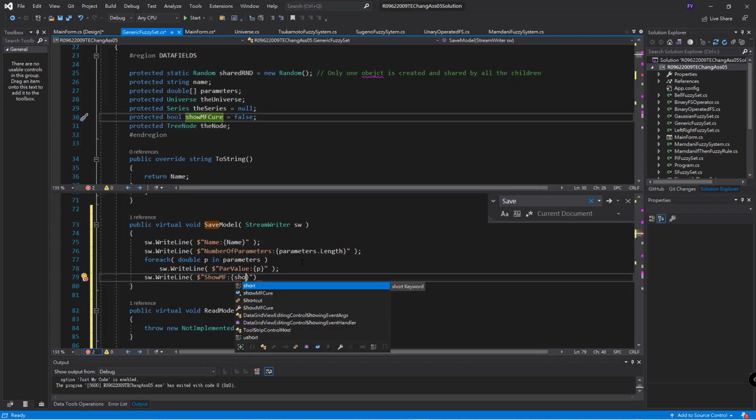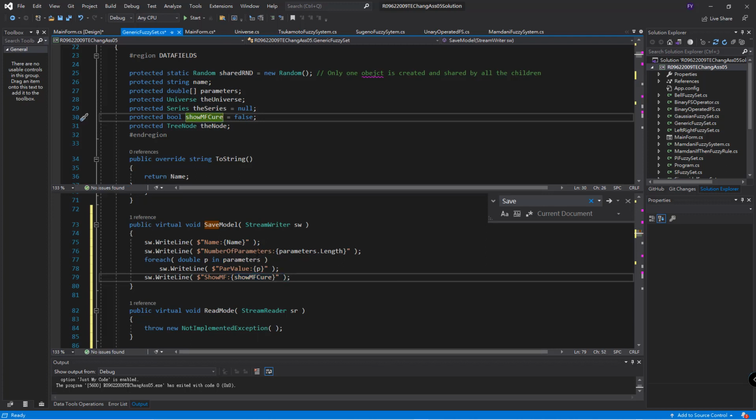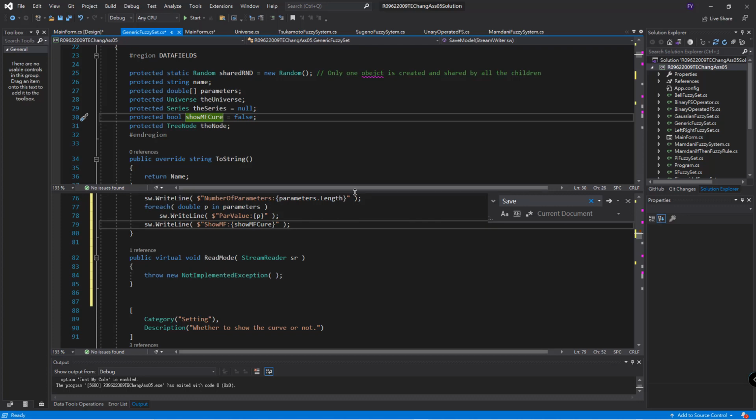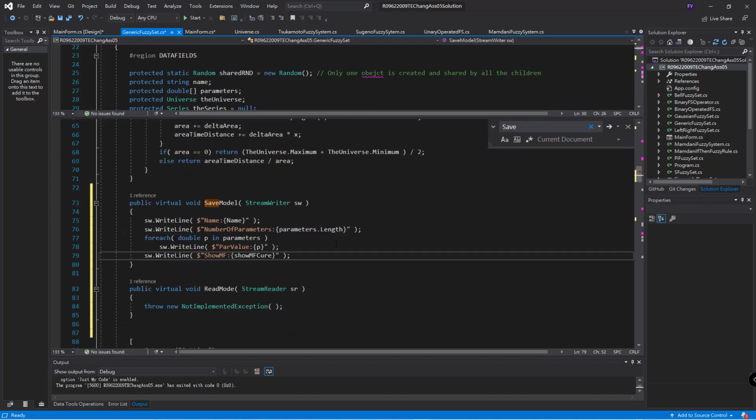Show membership function, where the wording is totally up to you. So you can use a different kind of expression or description for this data. All right, supposedly I end up right here, and then when the generic fuzzy set is read in from file,